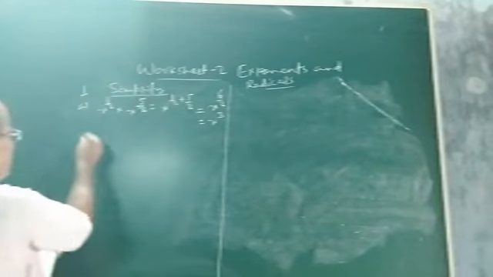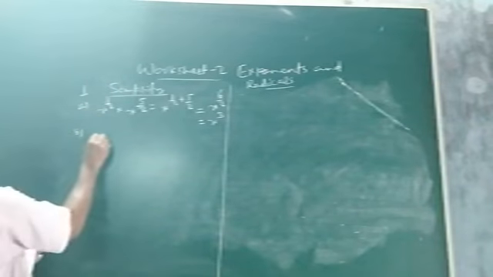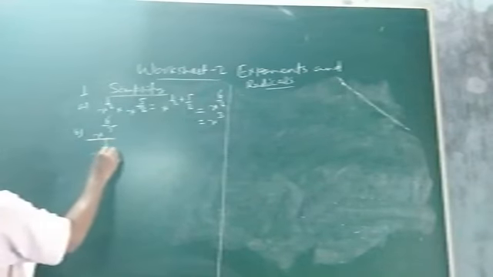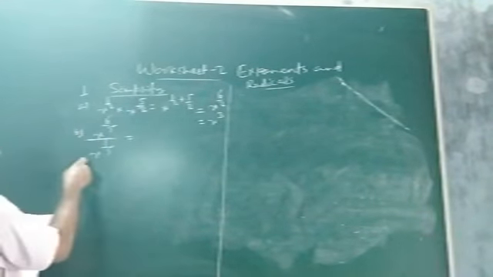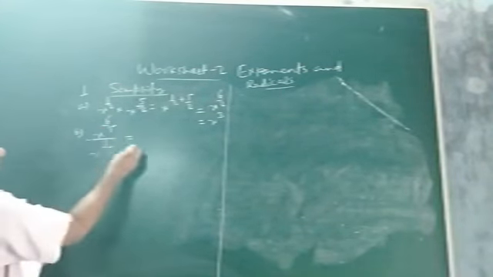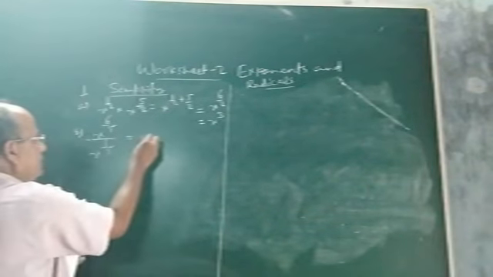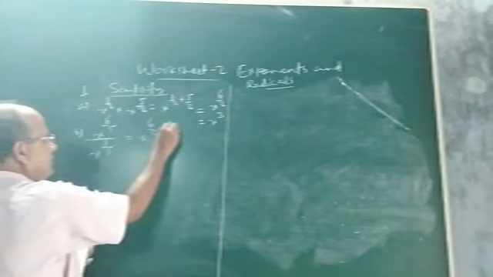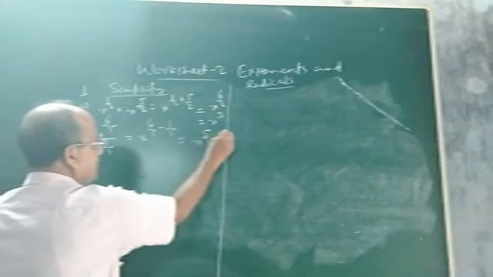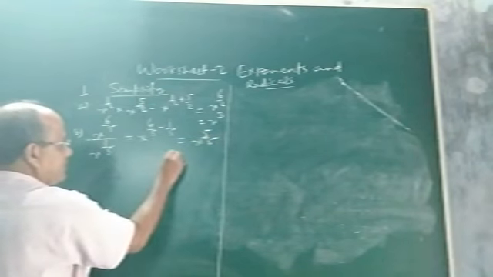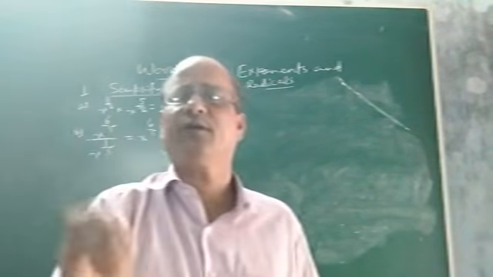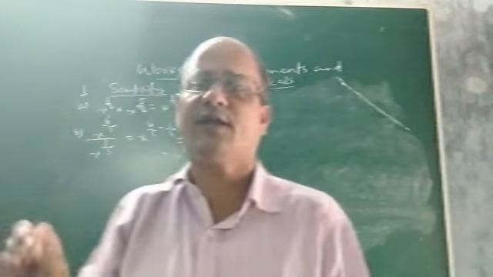Now look at the second question. Suppose you are given x to the power 6 by 5 divided by x to the power 1 by 5. Here also the two exponential terms have the same base x and they are divided. So the power will be subtracted by the second law of exponent. So we will write 6 by 5 minus 1 by 5, that means x to the power 5 by 5, as 6 minus 1 is 5. 5 by 5 means x to the power 1. And what will be the value? It will be x, because any non-zero rational number to the power 1 is equal to that number.